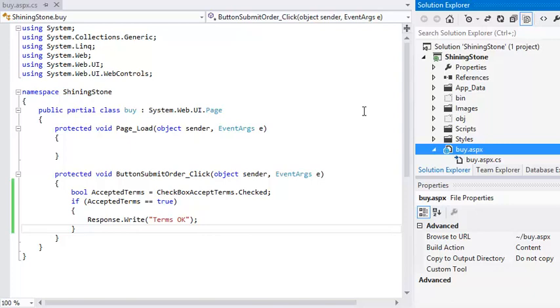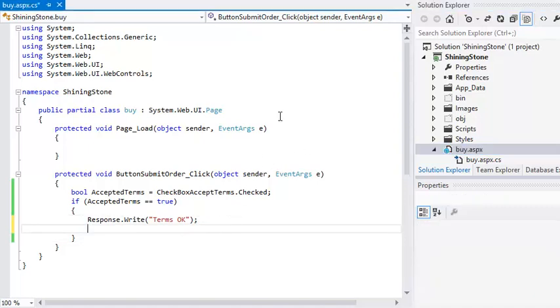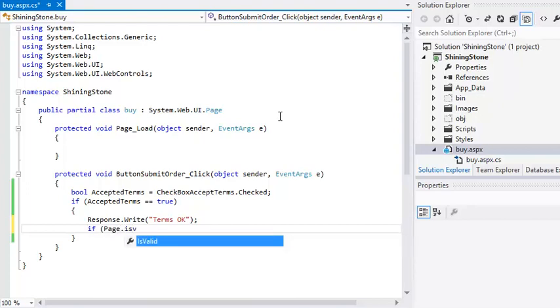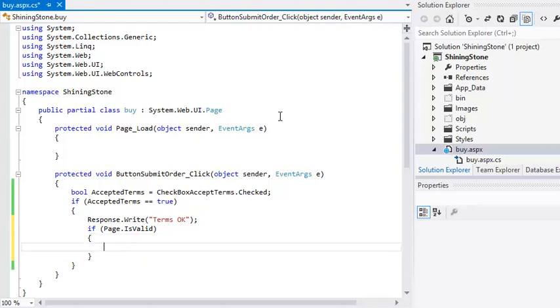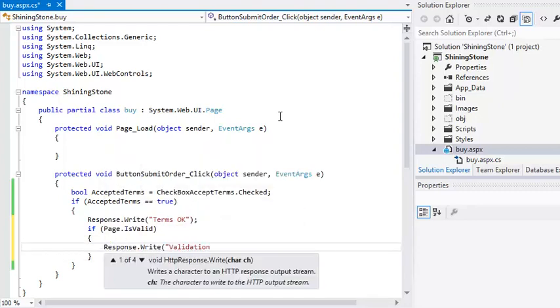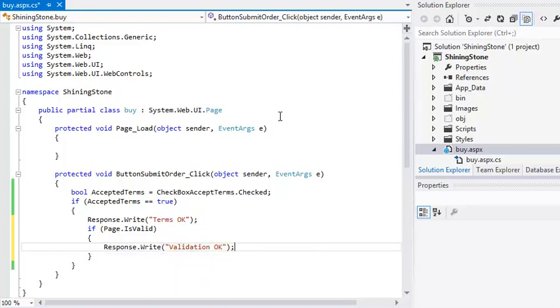Add a new line inside your if statement and add the following code. if (Page.IsValid) Response.Write("Validation OK");